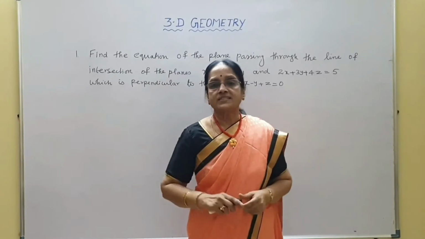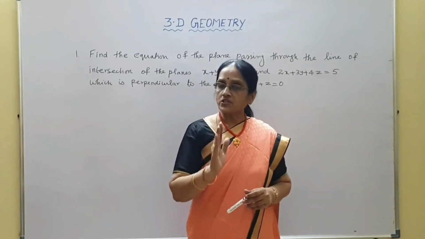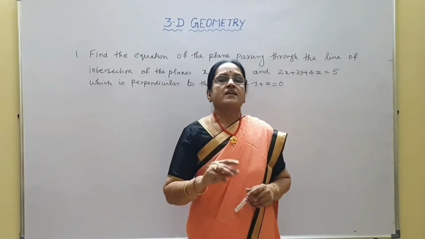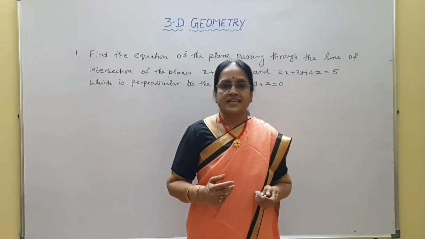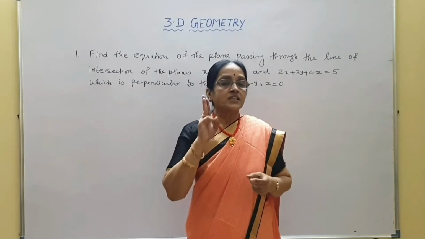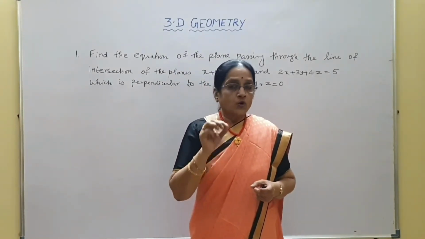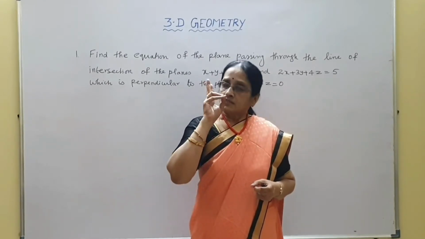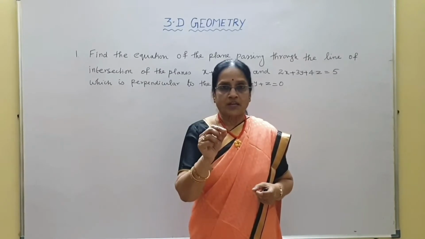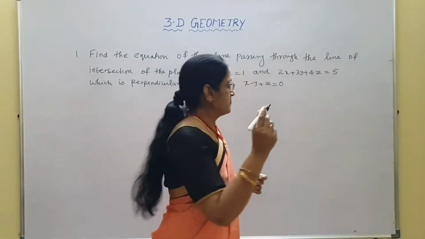Welcome. In today's session, I am going to continue my revision in finding out the equation of the plane passing through the line of intersection of two planes, both in vector form as well as in Cartesian form. In my previous session, I worked out 3 questions based on the same concept. By now, you must be thorough with the vector equation of the plane as well as the Cartesian equation of the plane. Anyway, let me recall those 2 equations again.